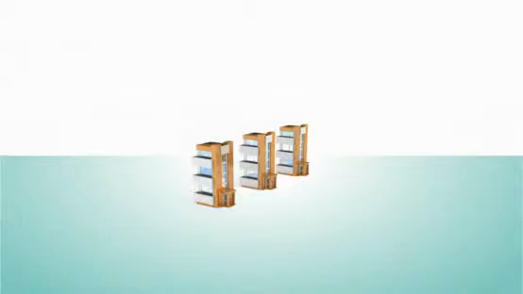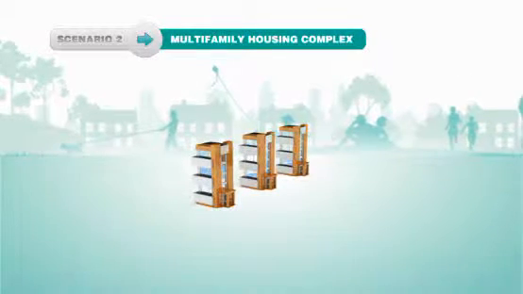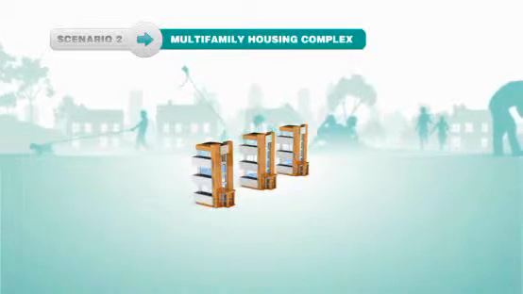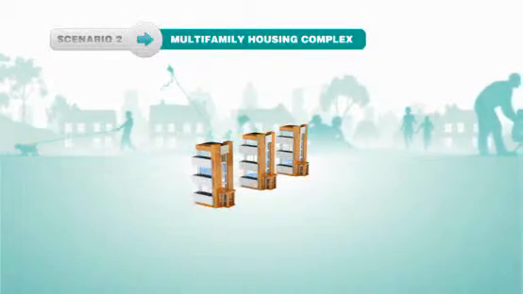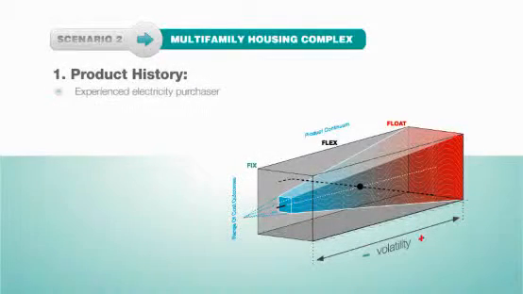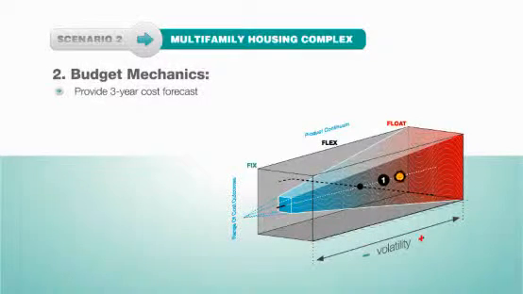Next, consider a multifamily housing complex with 400 units in the Dallas suburbs. The company is a privately held REIT owned by a joint venture that owns, develops, and manages multifamily communities and mixed-use developments across the United States. The person charged with buying power for the company has purchased electricity in a deregulated market many times. The property managers must provide a 3-year outlook of cost forecasts, but the budget is only set 12 months forward, and energy for the common areas is a small line item.